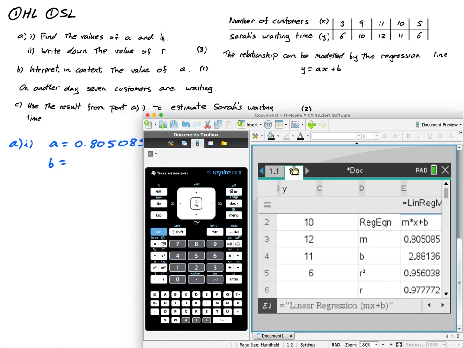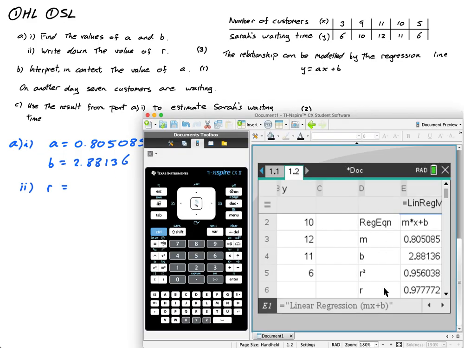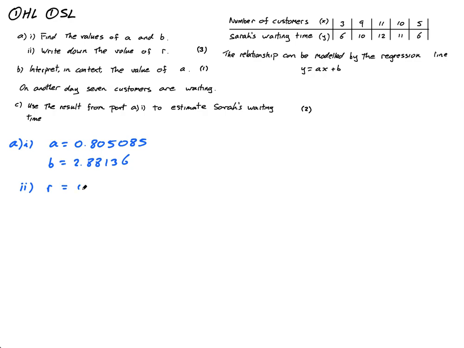It's 3 marks for each, for a, b, and r. So b is 2.88136. And then part II, r is equal to, it's right here, 0.977772. Okay, always have questions about 3 significant figures. Guys, put down the 6 significant figures first, and then you can just do approximately equal to